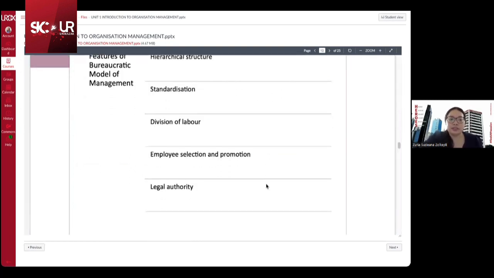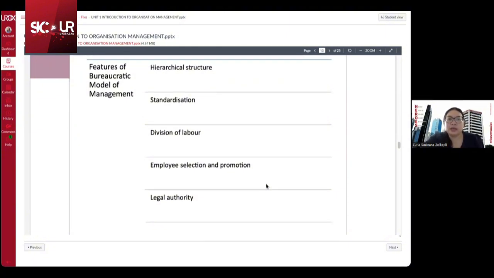The traditional one, I can say, is hierarchical structure, which means that you have what we call a chain of command. Okay, a specific chain of command, very structured, very traditional. Compared to what we have now, many companies are moving towards a flatter structure. Okay, flatter structure means that the chain of command is much smaller. It will be so much easier for decision making, right?